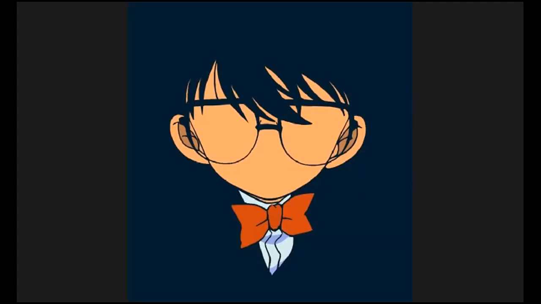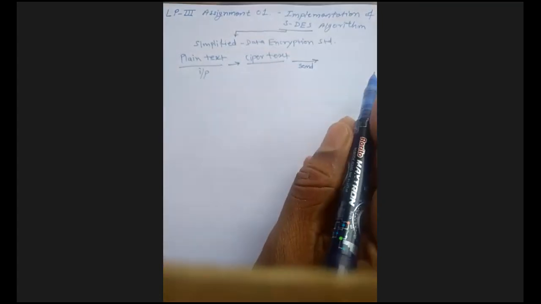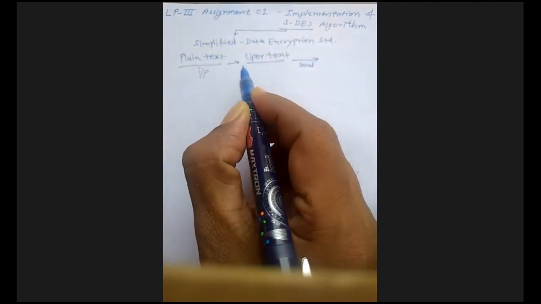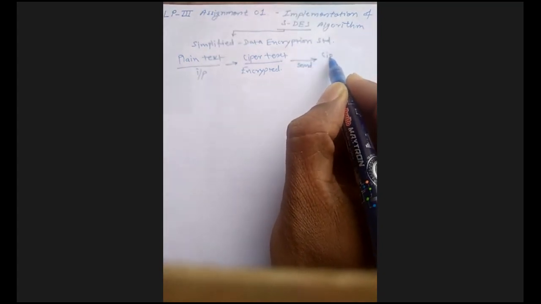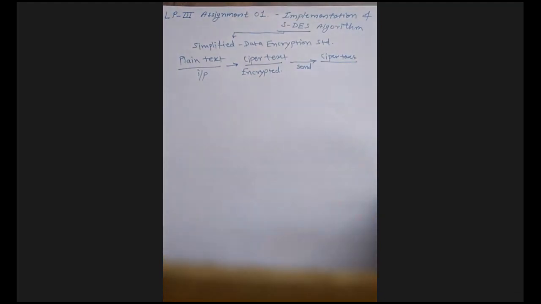You may say send to any other end. Suppose you are on the client end and you have to send to the server, or suppose you want to send this message to your friend. Again, it appears as ciphertext, in encrypted format. That encrypted ciphertext is sent to the receiver, who receives it as ciphertext, and then decrypts this message.